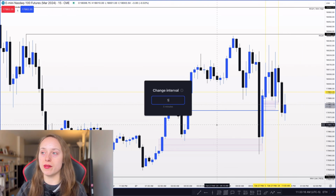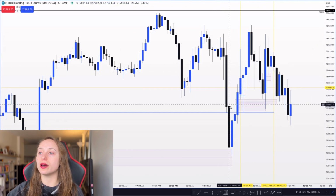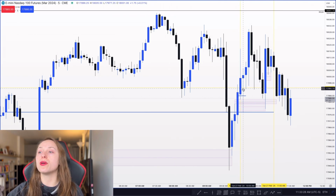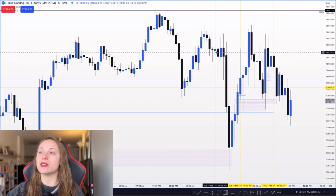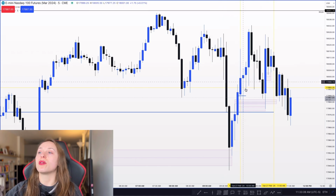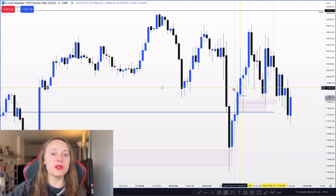Let's drop down to the 5-minute. Again, pre-market, we came all the way down here, took out this low, which was nice to see, and traded into a higher time frame 15-minute fair value gap. Then we see some displacement taking place. We did have a stop here, filling in this fair value gap, but we didn't take out this high yet before coming back down. And I did like this trade because it was below the 50% of that daily range that I pointed out,